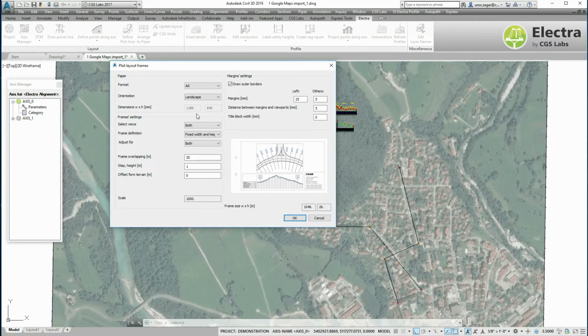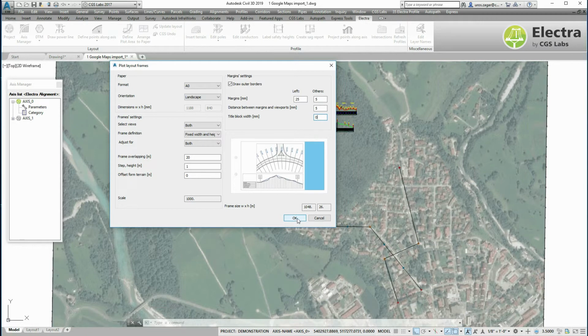I will use the landscape orientation, and in the frame settings I will plot both the layout and the longitudinal section. I will leave and use the default other parameters, the same as right and left spaces,